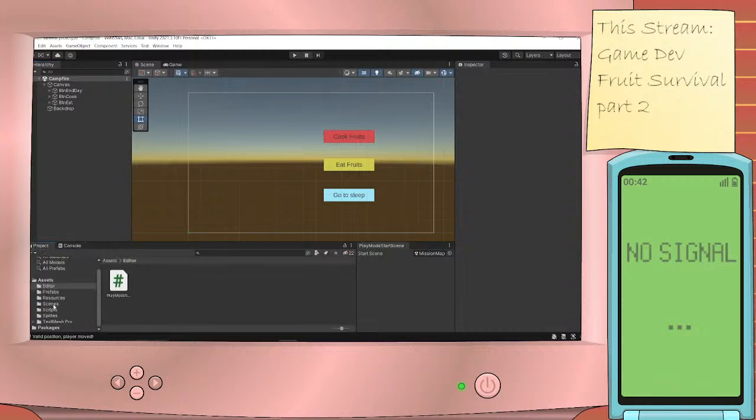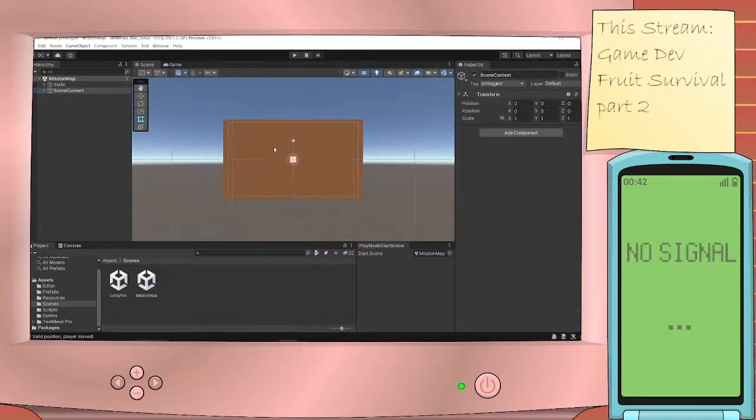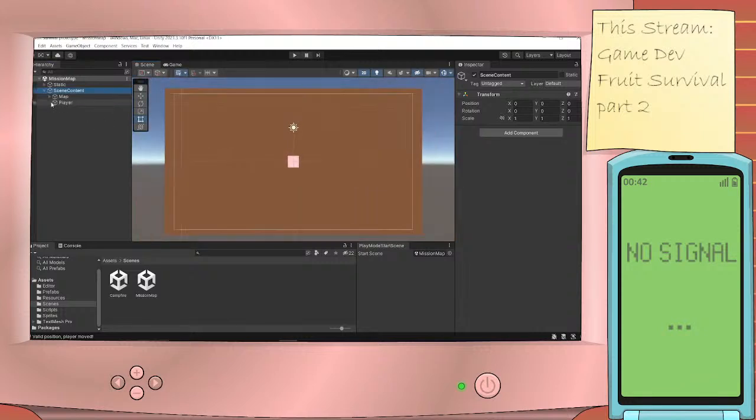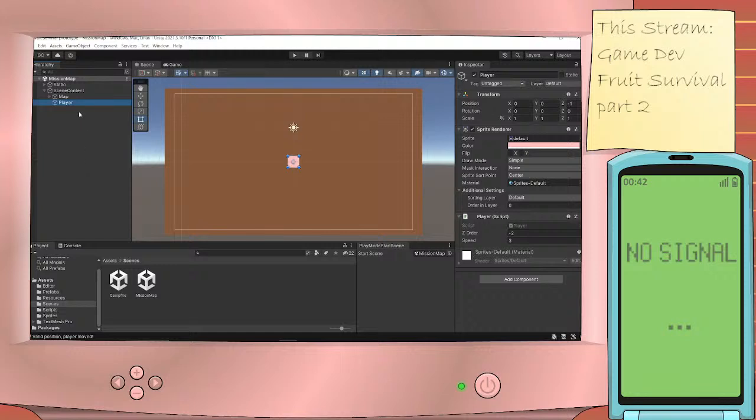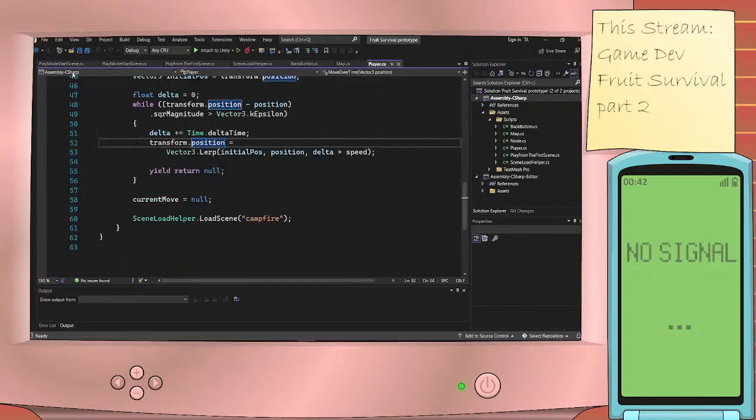So let's go in the other scene, which is mission map. Okay, I want to modify the mission map now, and I'm going to be focusing on the scene content. Let's go. If you can see here, I have a player entity, a player game object. This player game object has a script called player, and it controls the speed of the player. And if you look at the actual script, it also modifies